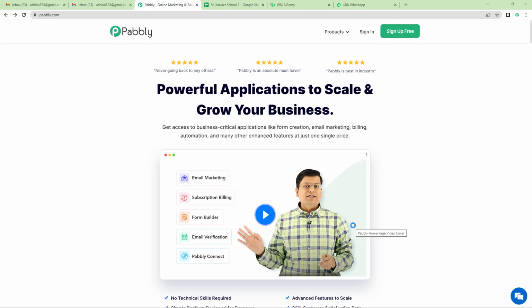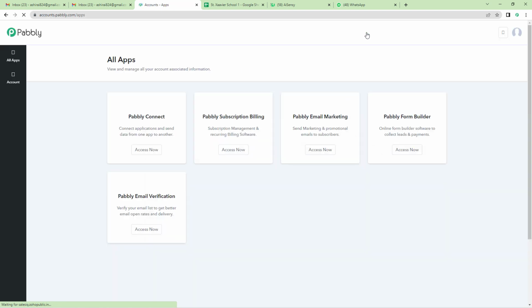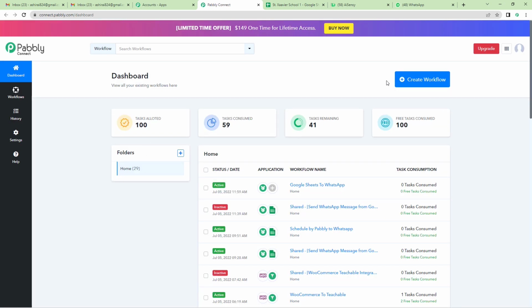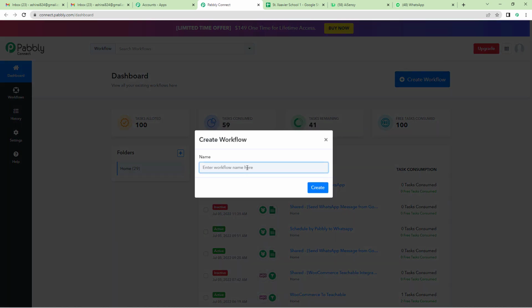To send bulk WhatsApp messages from Google Sheets using AISensy, let's first go to Pabbly's website. On the top right, you will see two options, sign up free and sign in. Since I already have an account, I will just sign in. Go to Pabbly Connect. On the top right, you will see a Create Workflow button. It will ask you to name. I will just write Google Sheets to WhatsApp